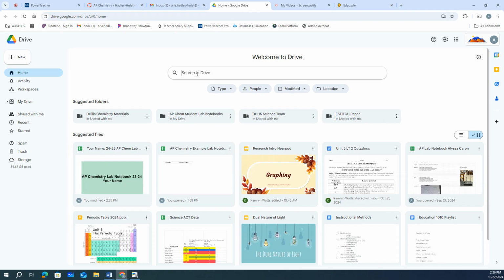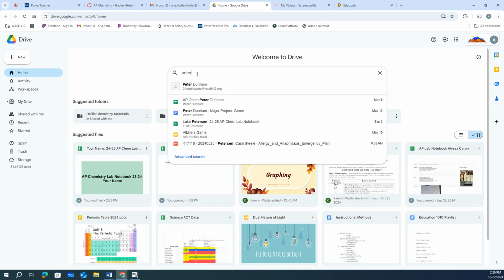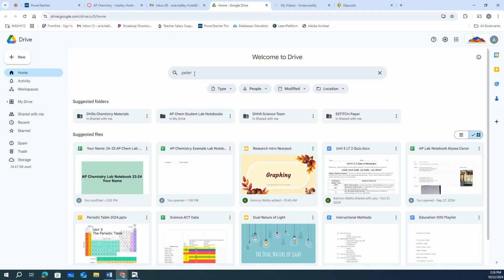Put in your name and your notebook should show up. So if I had an older one, like, if your name's Peter, then that could be your lab notebook. Oh, look, Luke, there's yours. And so you can type that in and it will pull up your notebook.